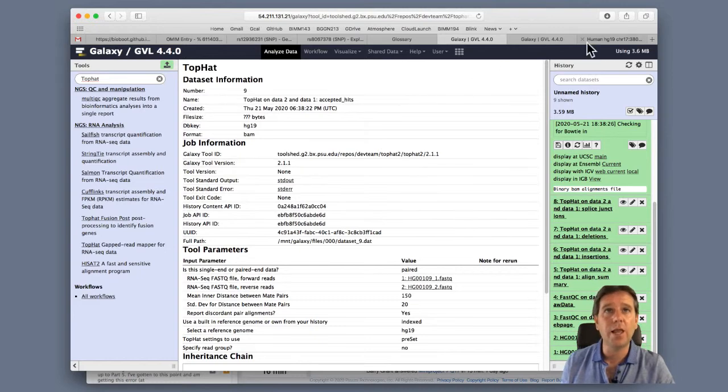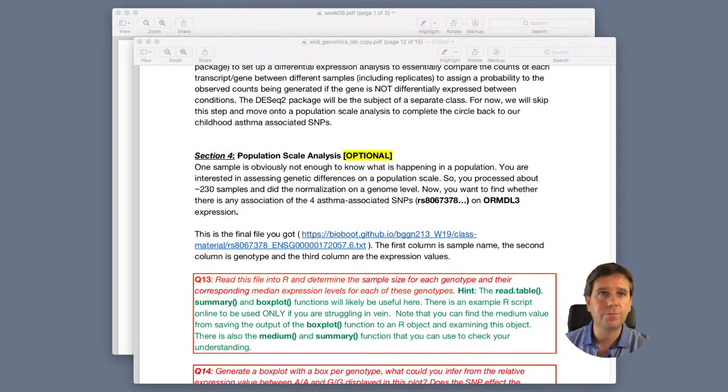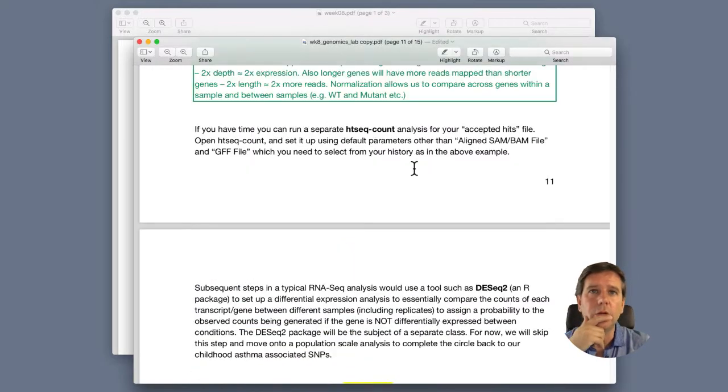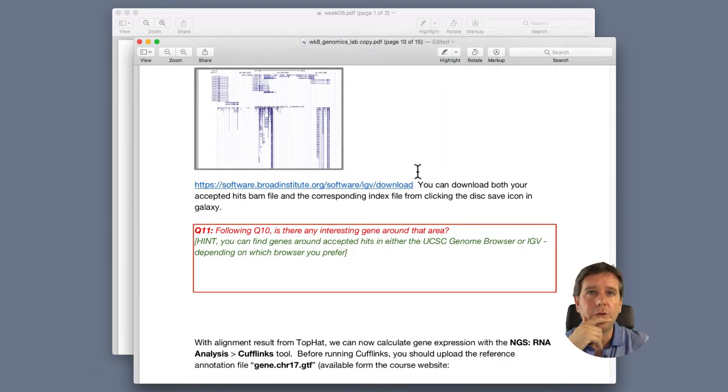The other one was question 11. Where did that one go to? So question 11 in the workbook, let me flick over to the PDF for a second and see what question 11 was. Question 11 here is following question 10. Is there any interesting genes around this area? Yeah, the interesting genes are those with